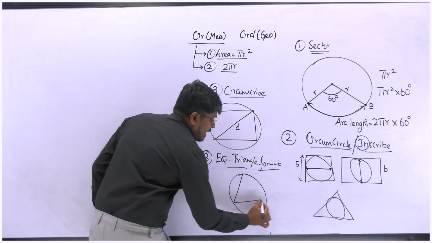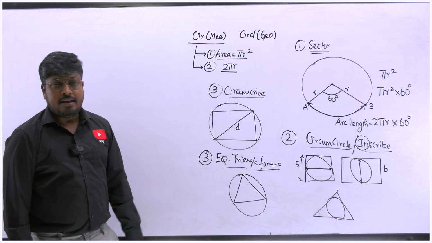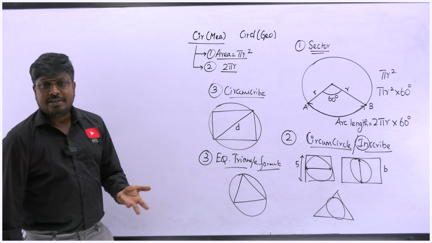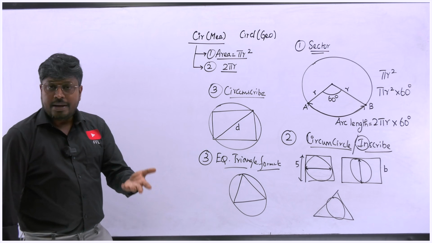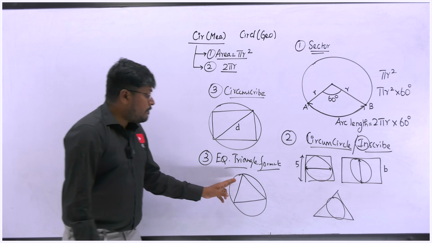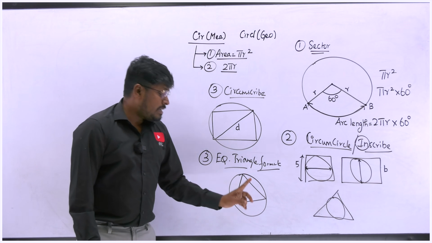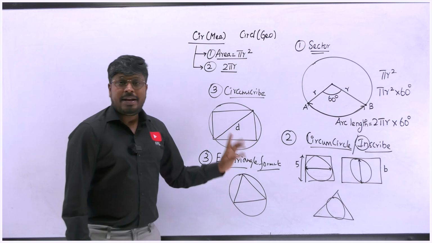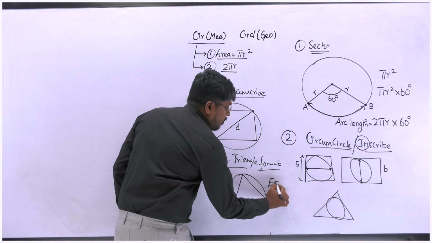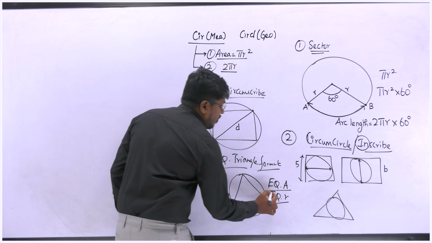inside that we have a triangle. Example I am saying, right? So a circle, inside that we have a triangle. Triangles have multiple types: scalene triangle, isosceles triangle, right angle triangle, equilateral triangle. But most probably, 99%, if they are drawing a triangle inside a circle, the triangle will be an equilateral triangle. So learn the equilateral triangle area formula, as well as the equilateral triangle radius formula, which acts